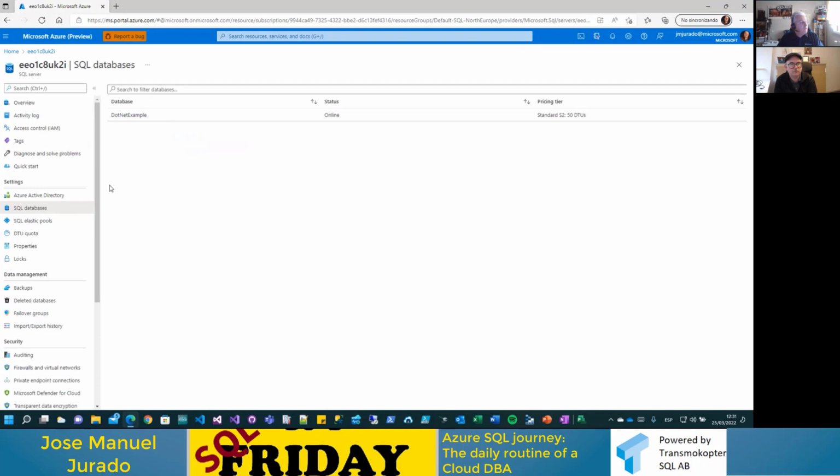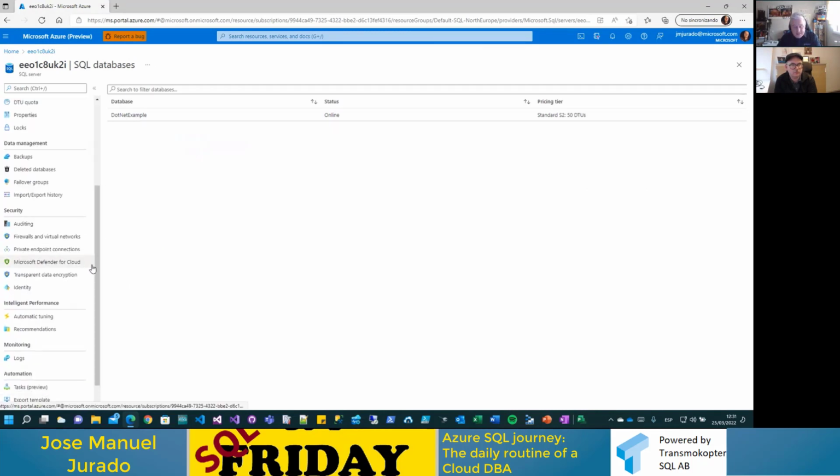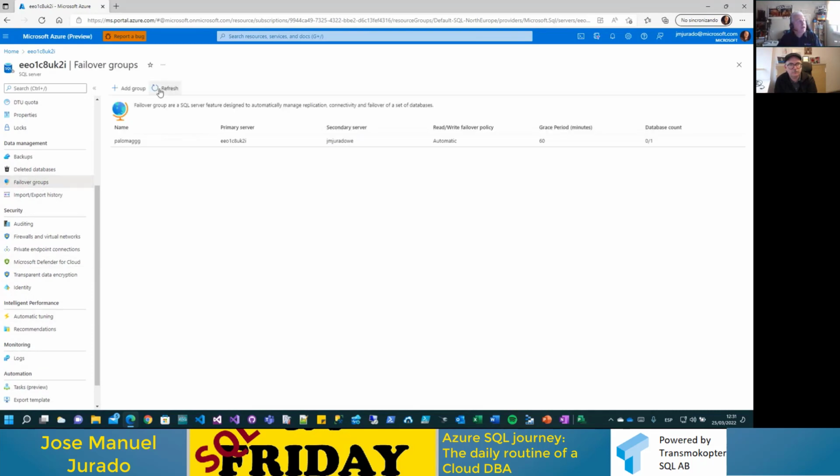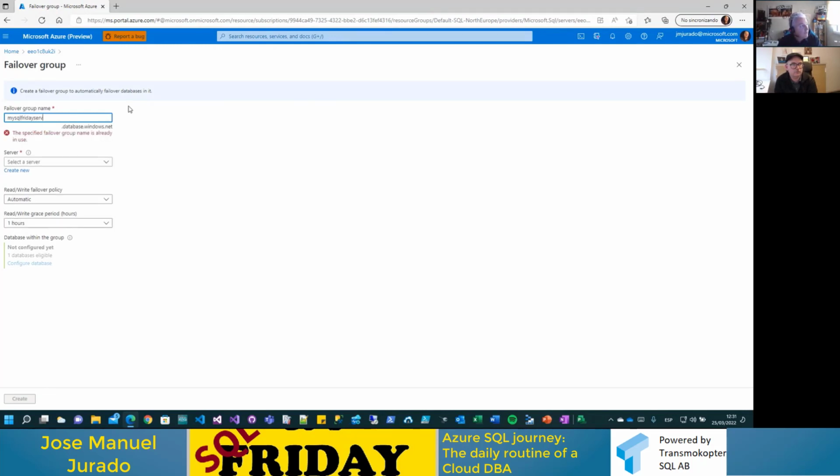Another very important thing is how to create failover groups, in a similar manner to what we have on-premises. Basically, you go to the failover groups, as you can see here, and choose what will be my listener. Let's say my SQL Friday server.